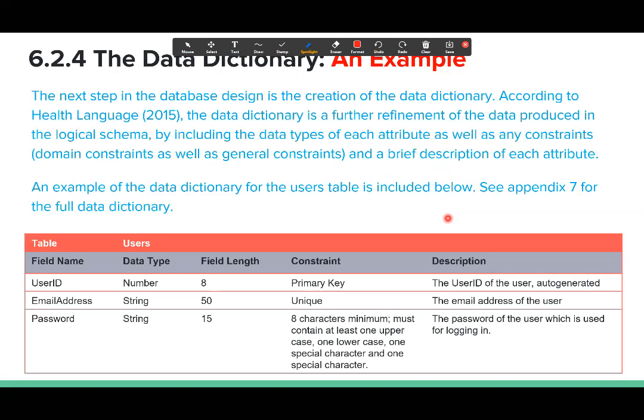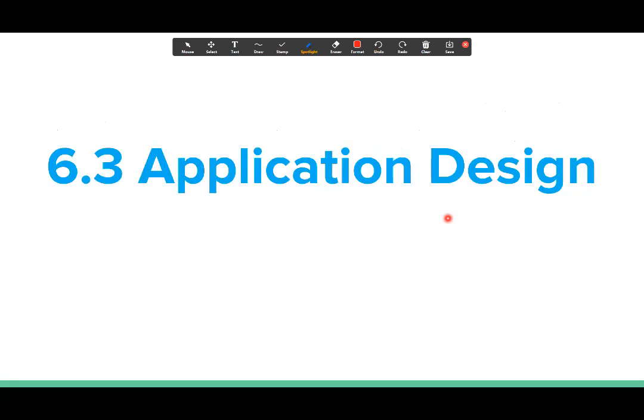Now we have to design the front end of the application. This front end is called the application design. Some people call it the front end design. In terms of the front end design, to design the application, this is also simply designing the screens, what the screens would look like. And there are different approaches, and each one is a level of refinement that you can add to it as well.